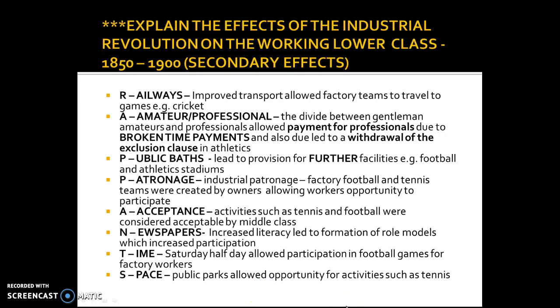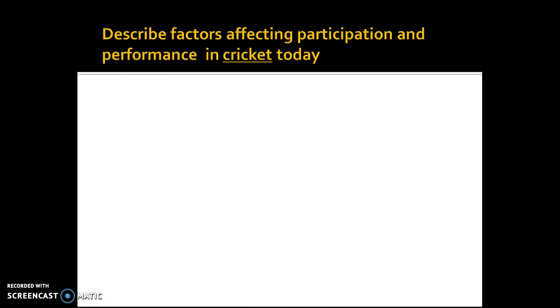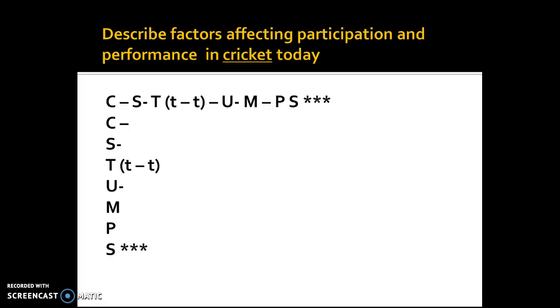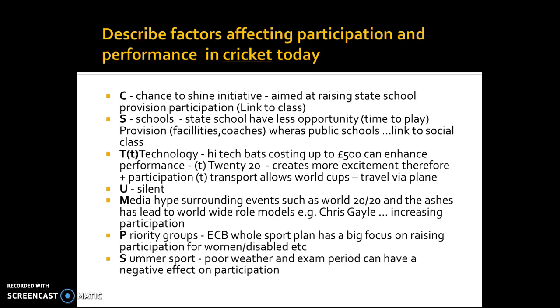I'm quickly going to whiz on now, so I've got 30 seconds on this. Describe factors affecting participation and performance in cricket today. Cricket as a case study is huge. What I need you to do is to say, right, you've got this acronym. In order to be successful in cricket, you need to hit the stumps. So we're going to look at cricket stumps. When you look at C STUMPS, I need you to try and translate that. Your job now is to have a look at that and see if you can apply that before you come. Read it, see if you can make sense. Participation